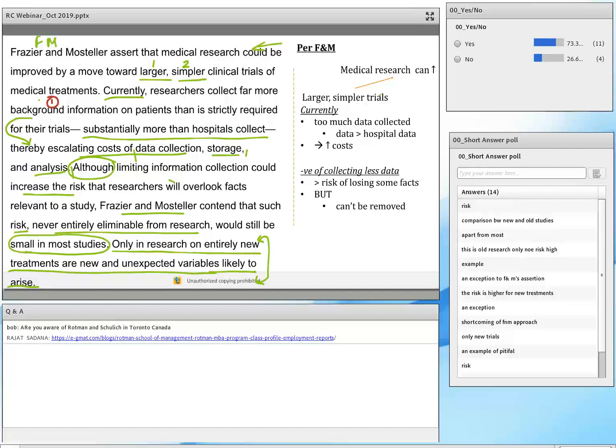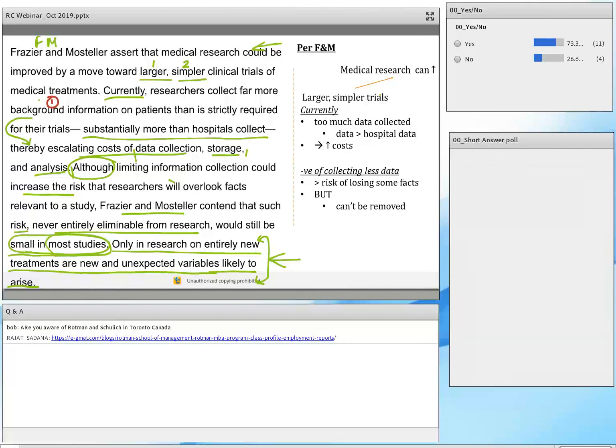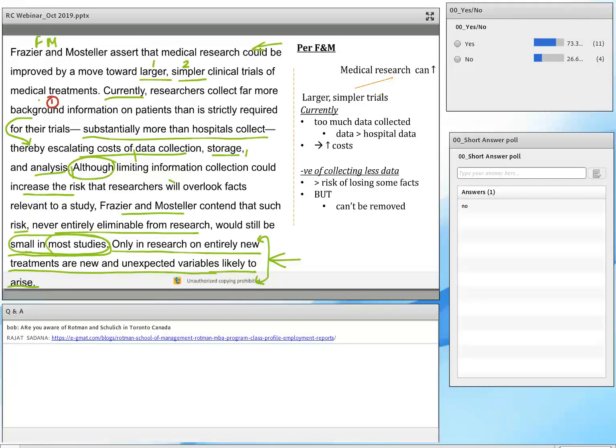most studies, focus on this part, and he is giving this example of new treatments, is there an inference that you can draw? Focus on this, most studies. And this example. Absolutely, new treatments, the trials for new treatments are few. Absolutely. This is correct. So that's an inference that we are drawing from the information that has been given to us,